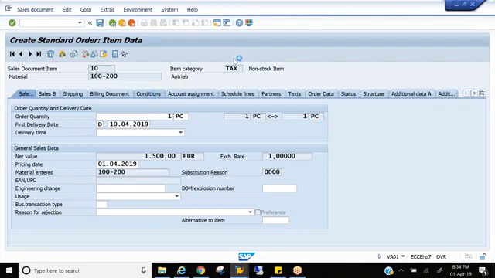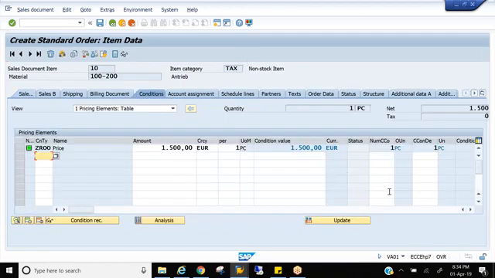Don't worry about this item category, because it's taken from a different concept called material determination. In another batch I was discussing it, so the configuration is picking a different item category. If not, this should be 10, right? So you can see here ZR00 for material 100 200, the system is picking 1500 per piece. Perfect, right? Price has been determined in the sales document.